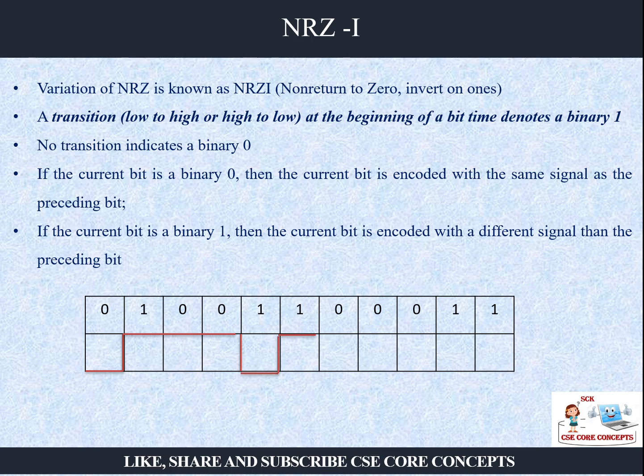Okay. So now next is 0. So there will be no change in the signal. It will continue the same pattern. Again, for all the 3 consecutive zeros, it will continue the same pattern. Now for this one, earlier one was what? Low to high. So this one will be what? High to low. And now the next one will be again low to high. So let us count the number of transitions: 1, 2, 3, 4 and 5. So again here we have 5 transitions.